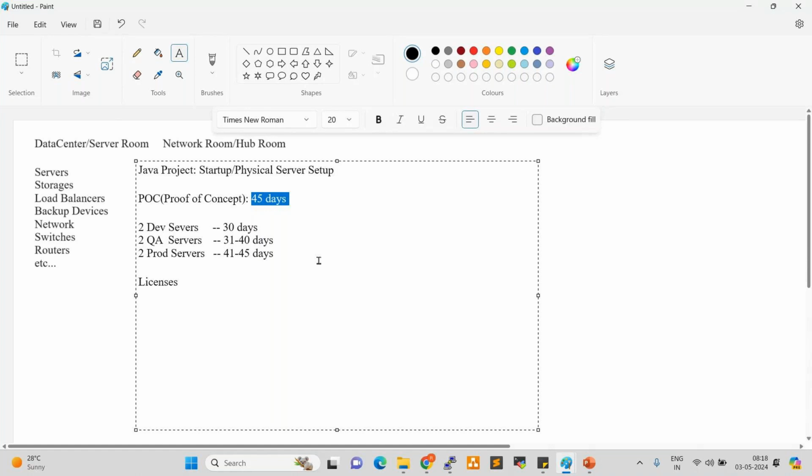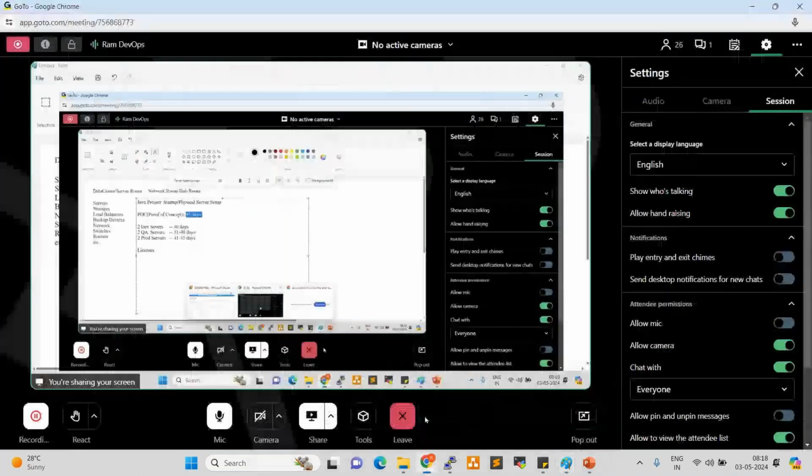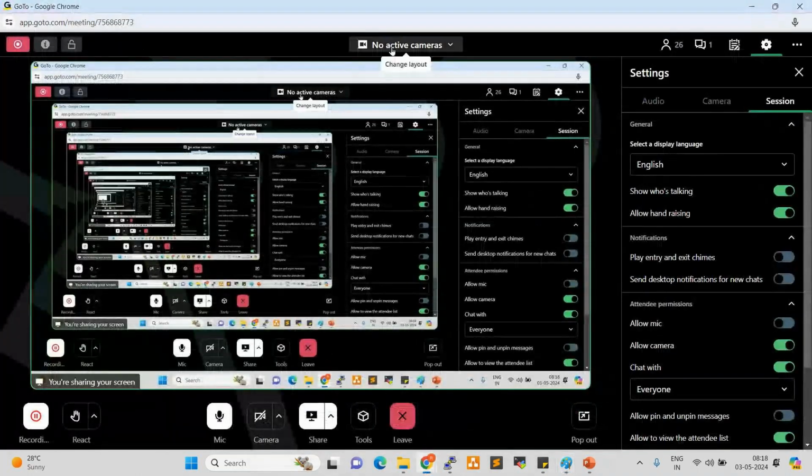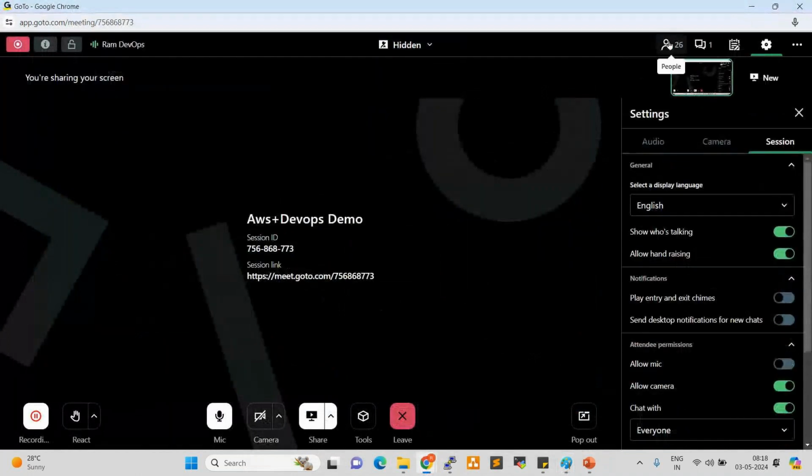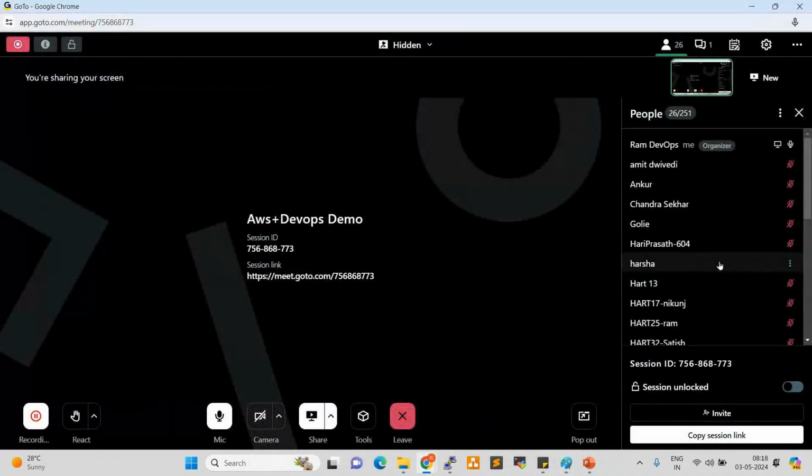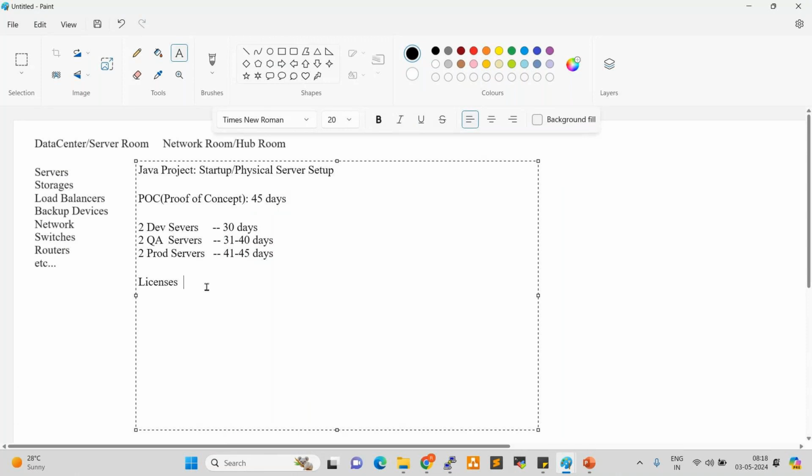Minimum, anyone? Online guys? What would the minimum licensing period be? For example, if you want to buy any Windows license or OS license or application license, what would the minimum period be? Minimum 1 year. They will not provide 3 months, they will not provide 6 months. Minimum 1 year we need to buy the license. Even on our laptop we have Windows, right? If you want to buy the Windows license, it's minimum 1 year.